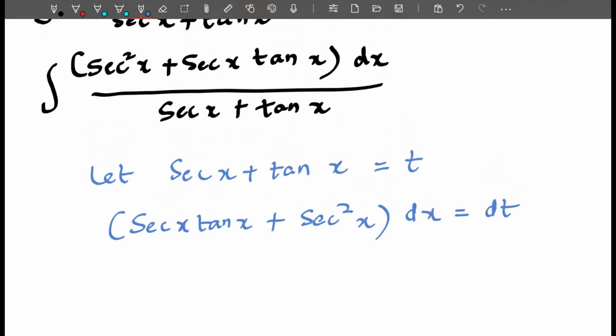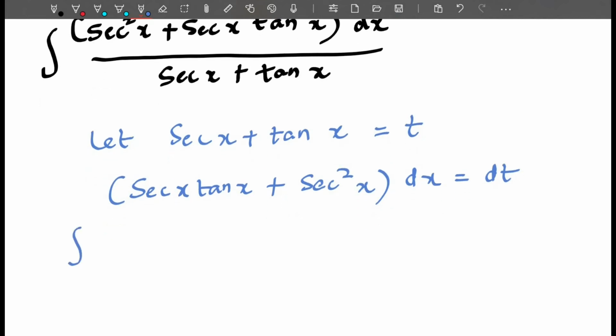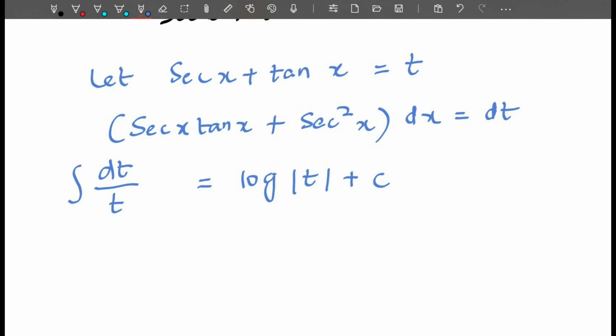Okay, so now what we observe in the numerator part is this. So can we replace it? So the numerator part can be replaced by dt, because we got that by t, which we assume. So which is giving us log t plus c. Okay, so when you replace the t with what we assume, which will give us log the modulus of secant x plus tan x